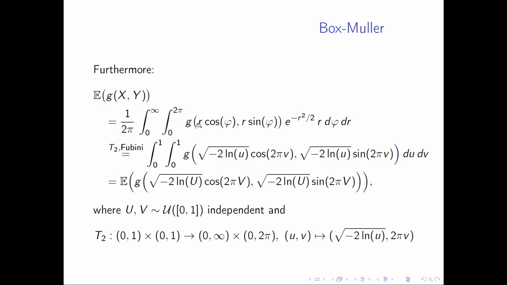Then we have here r ranging between 0 and infinity, and if we have the square root of minus 2 ln u, well, the ln of 1 is 0, and the ln of 0 is not defined, but for x going to 0, ln x goes to minus infinity. So by this transform, instead of 0 to infinity, we have 0, 1. Of course there are many more maps which map 0, 1 into 0 to infinity. But this here, by some clever